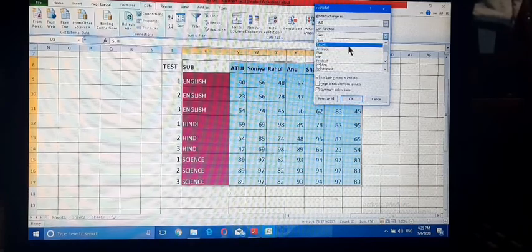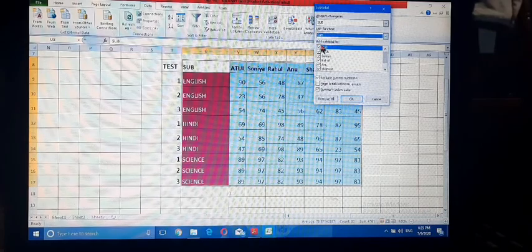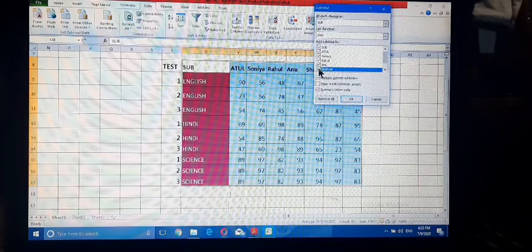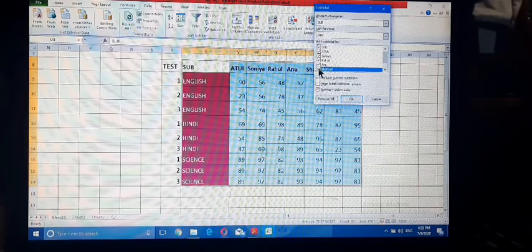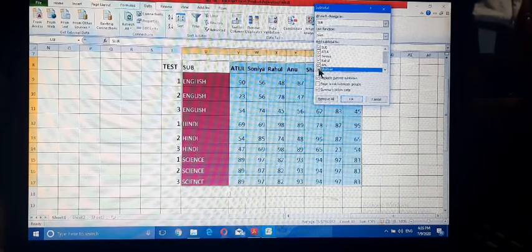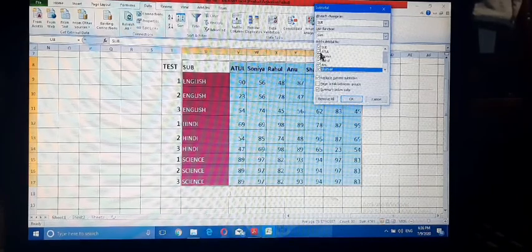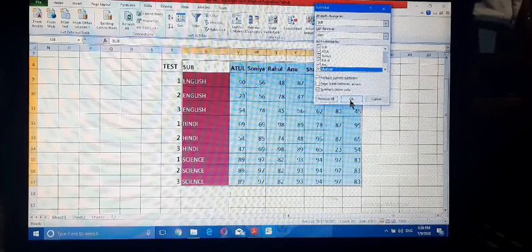From the list of functions, I am selecting sum. Add subtotal to the field in which you want to add the subtotal. Deselect the box if you don't want to add the subtotal on that particular column. I have selected all the columns, then click on the OK button.